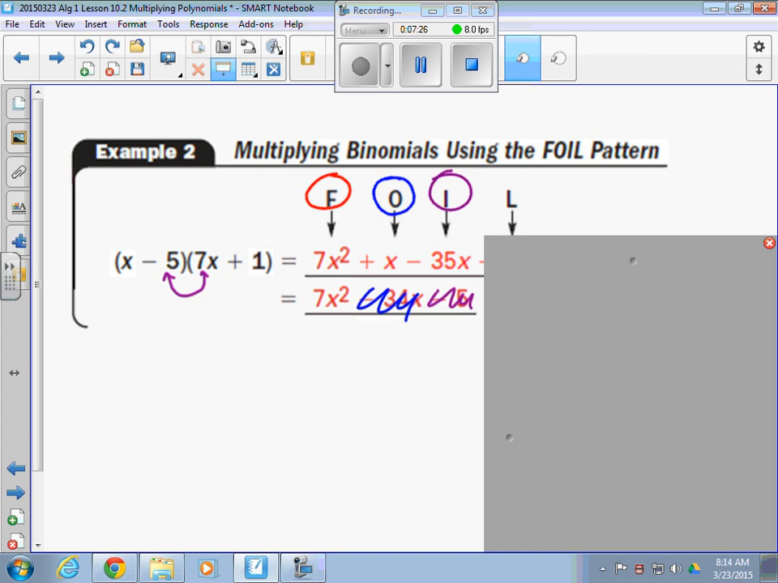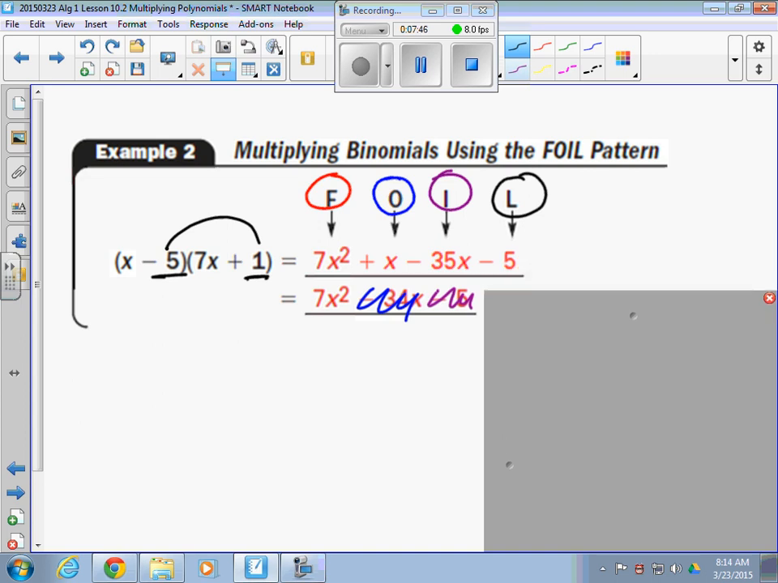And then L stands for last. Multiply the last two. If x and 7x were the first two, then negative 5 and 1 are the last two. Multiply negative 5 times 1. Positive times a negative is going to be a negative 5. So now you have a